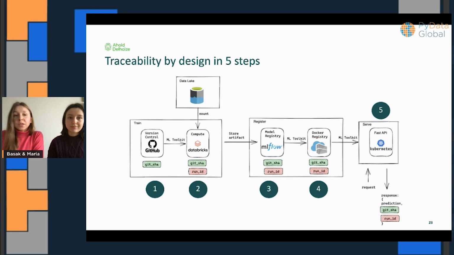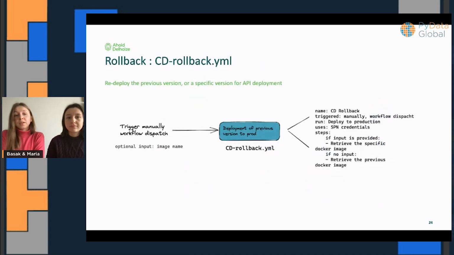Because we implemented all these 5 steps and everything is traceable from the beginning to the end, it also makes it very easy to do rollbacks. The rollbacks in our case are triggered manually on workflow dispatch, because that's something that you don't do that often anyway, and that's something that you typically do manually. So you can roll back to a specific Docker image, because we know what run ID and what git SHA it has in tags.